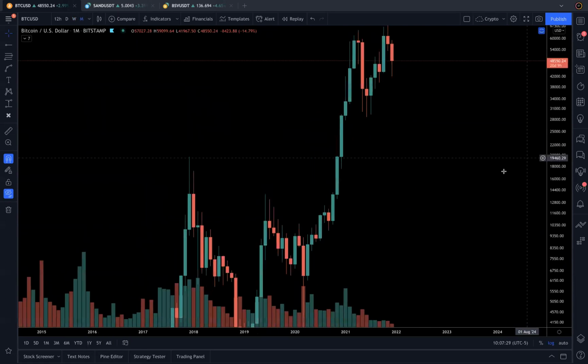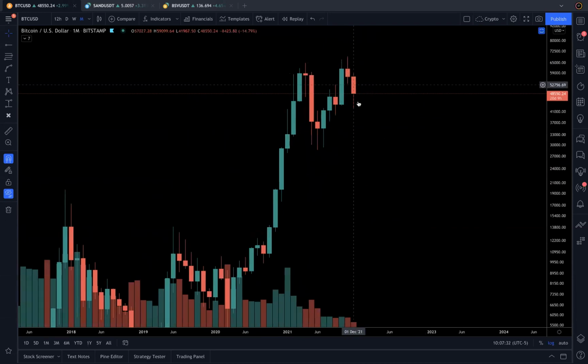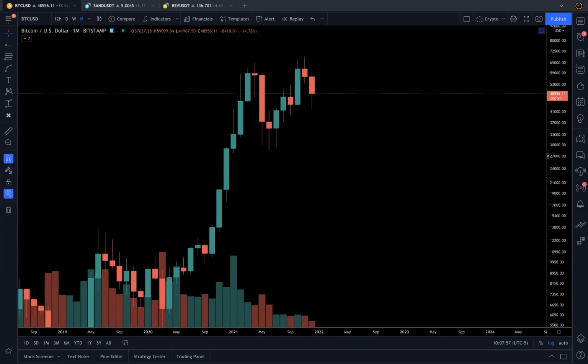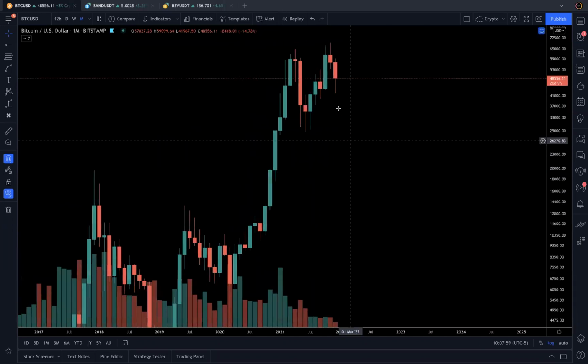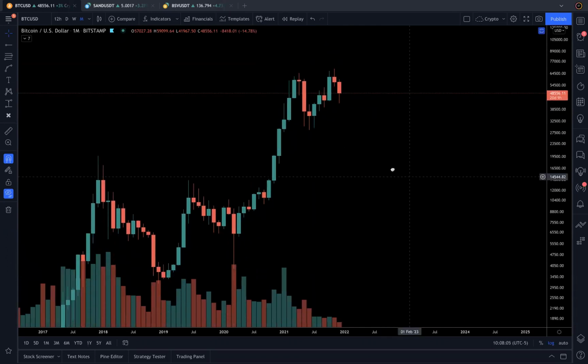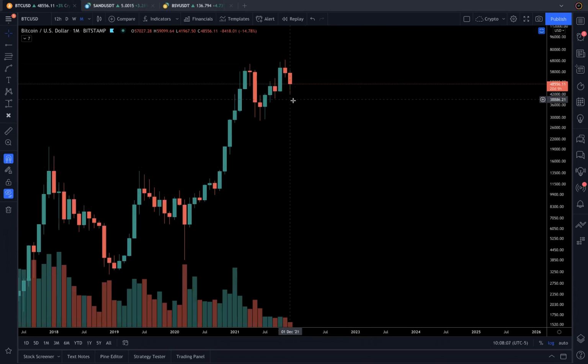So the monthly, if you look at it, November was red, December was even deeper. So it broke the September low. If you look at it, it erased the whole entire move from September. That's not a good sign. If it comes down to here again, then the September low is at risk, and in that case, it could go below, at a 40k, 38k level roughly. Still, it could survive, but then the probability of going down goes up significantly, in my opinion. Not necessarily it could, but it's not a healthy sign.